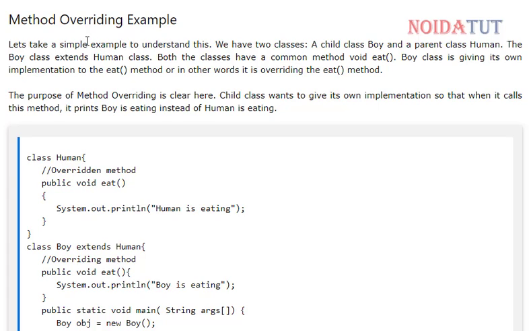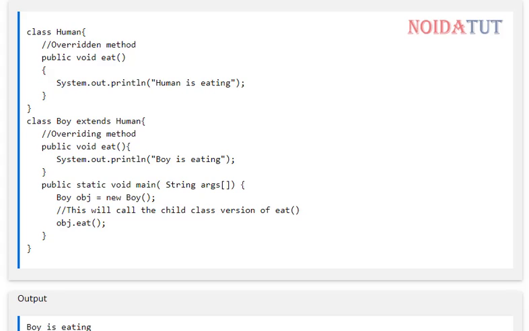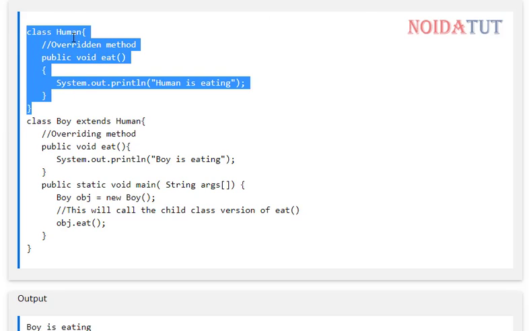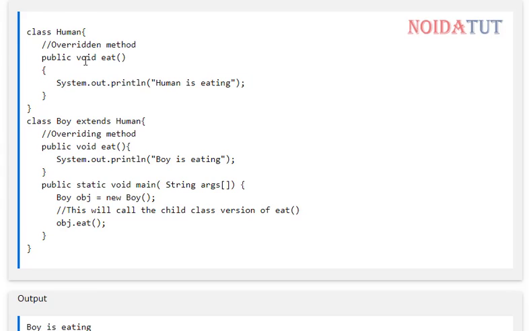The purpose of overriding is clear. The child class wants to give its own implementation so that when it calls this method, it prints "Boy is eating" instead of "Human is eating." This is a class Human. In this we have a function eat.